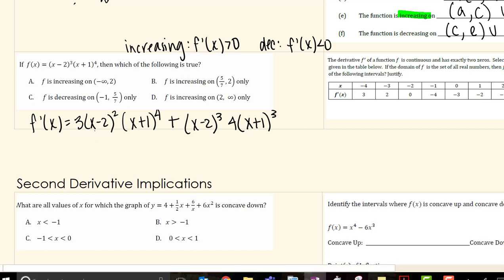It looks like the most x minus 2's we have are 2. So I'm going to pull out 2 x minus 2's. And then I'm also going to pull out 3 x plus 1's. When I factor that out, in my first term, I'm left with 3. All the x minus 2's are gone. I'm left with 1 x plus 1, because there were 4, I pulled 3 of them out. In my second term, I am left with 1 x minus 2, and I took away all my x plus 1's. When I simplify this,